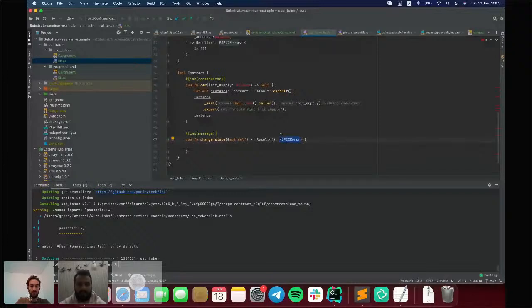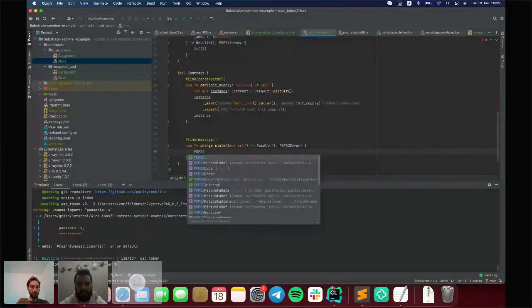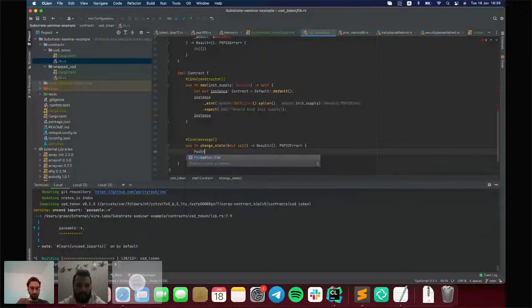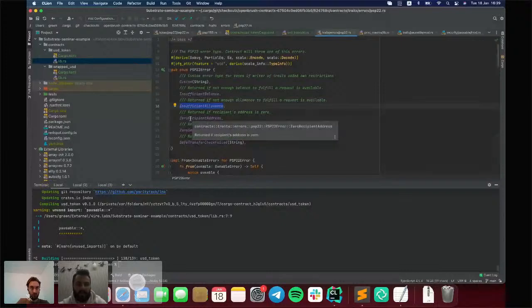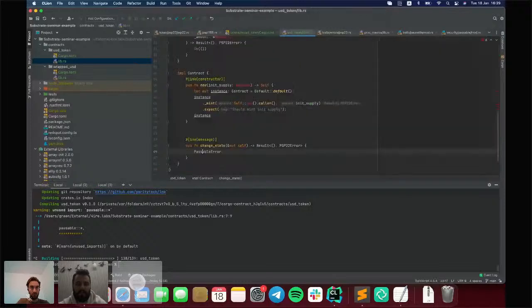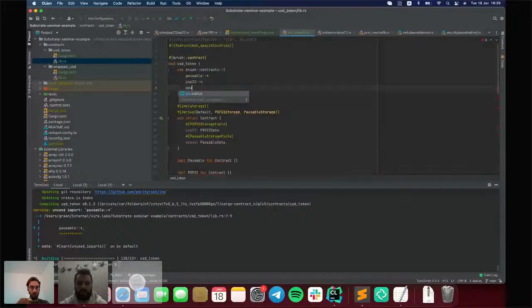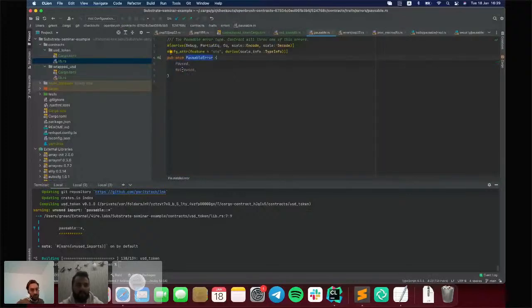Let me show what they are. PSP22 error is a list of errors that can be emitted by a PSP22 contract, and pausable error is a list of errors that can be emitted by a pausable contract.